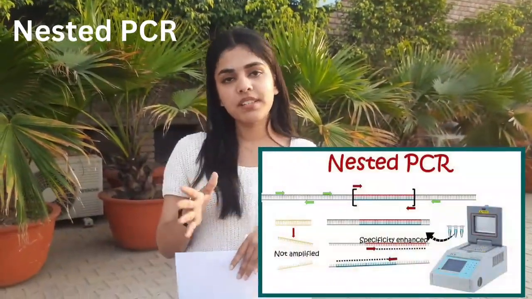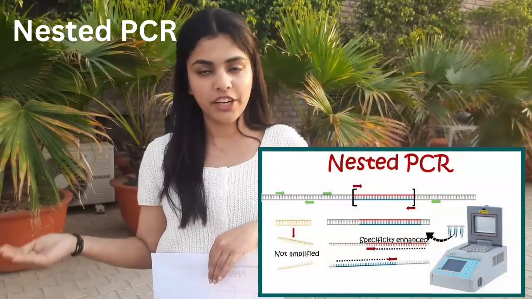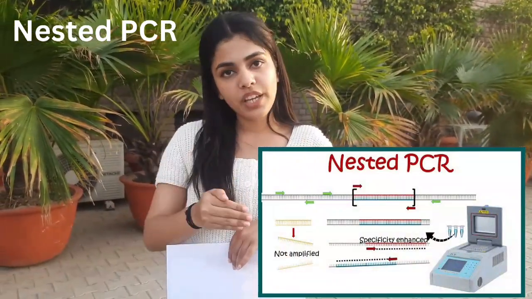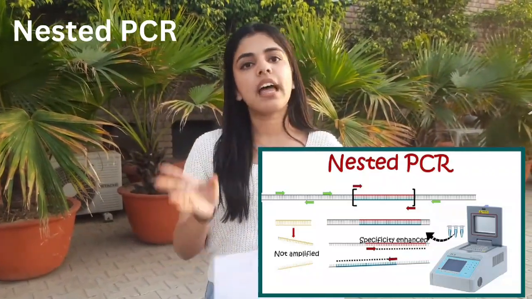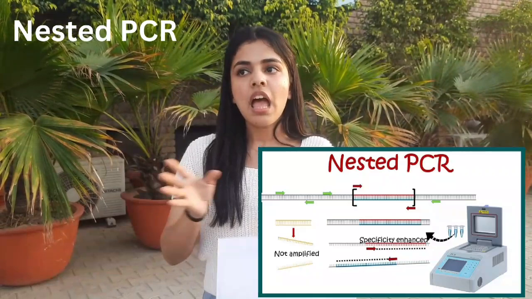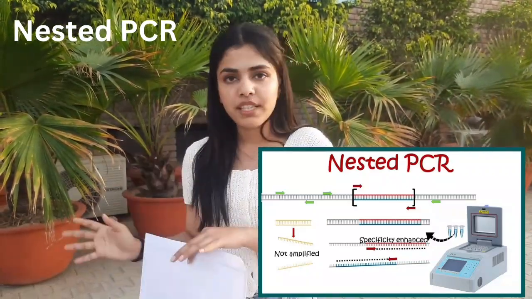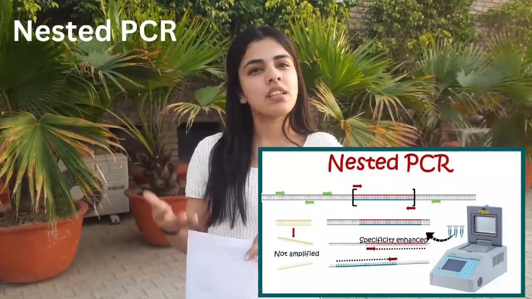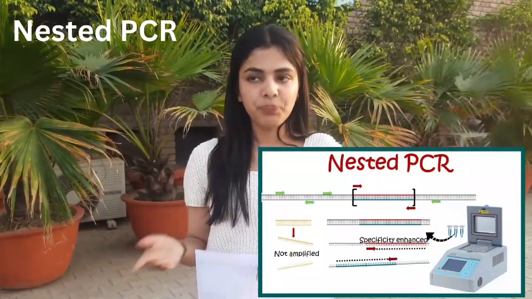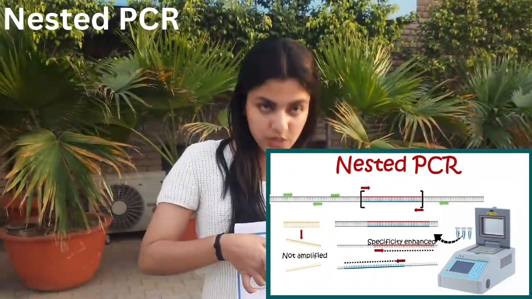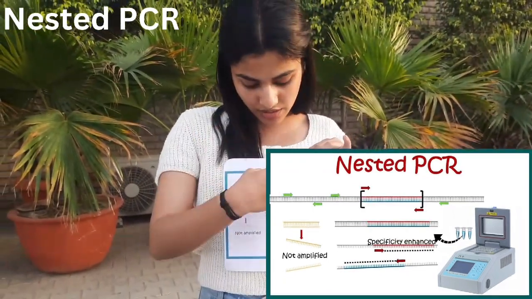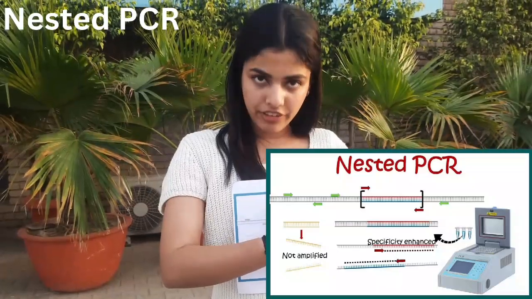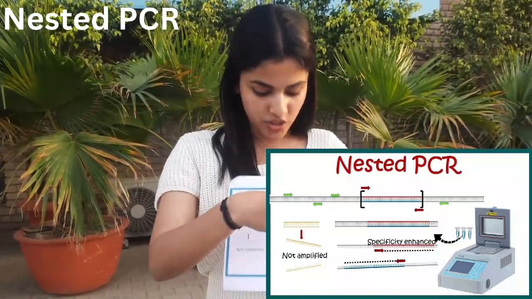Another type of PCR is nested PCR. Nested PCR is a modification of general PCR, designed to ensure more specificity and sensitivity. In this, we usually use 2 sets of primers and perform 2 PCR reactions. As normal, we have the template and the master mix. The master mix is composed of dNTPs, Taq polymerase, MgCl2, and buffer. The green one is one set of primers and the red one is another. The green primers amplify regions slightly away from the designated region, and the red